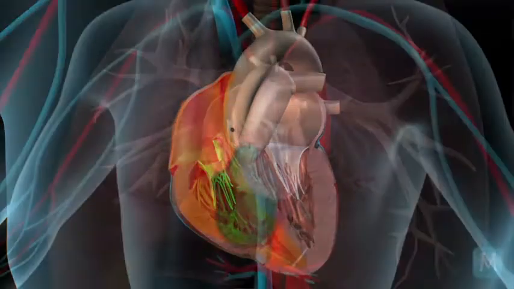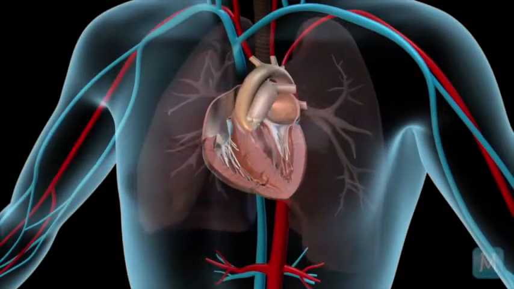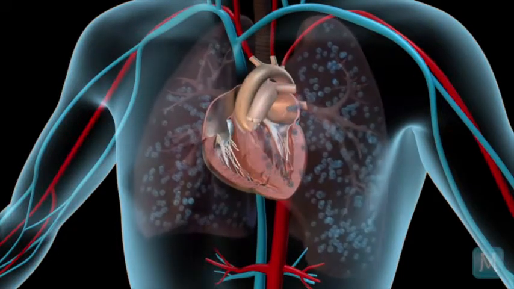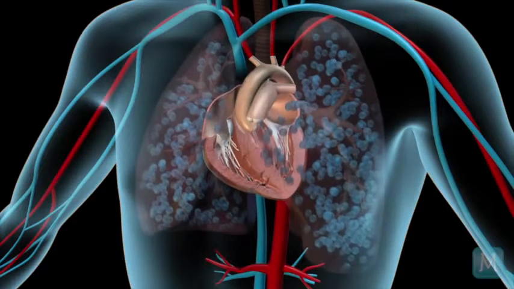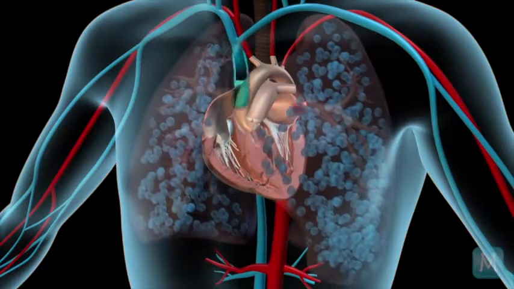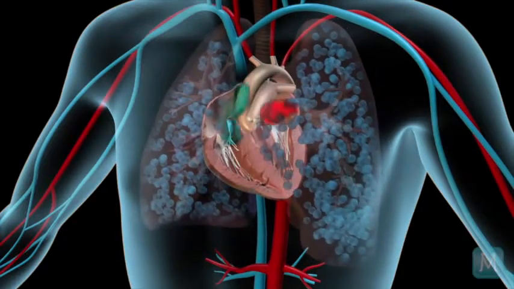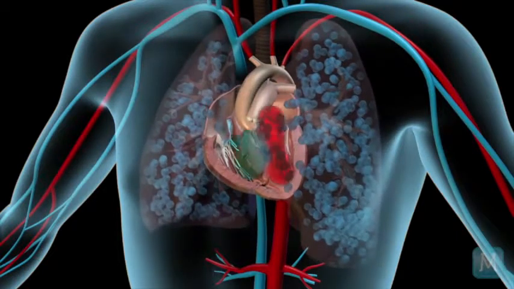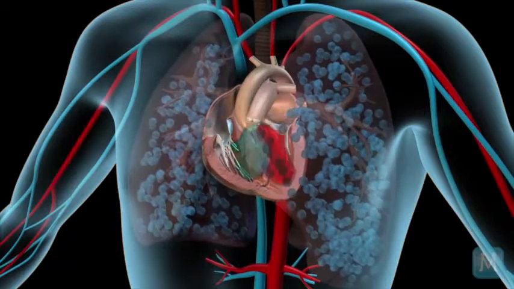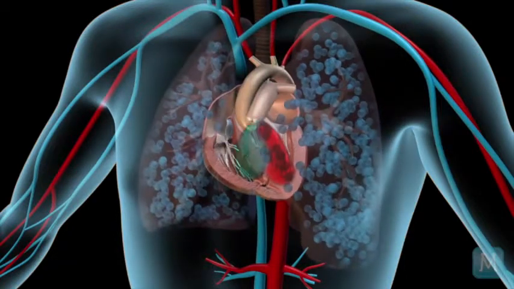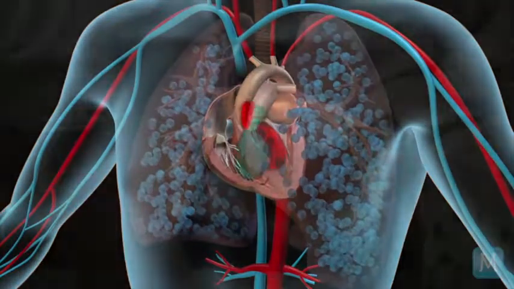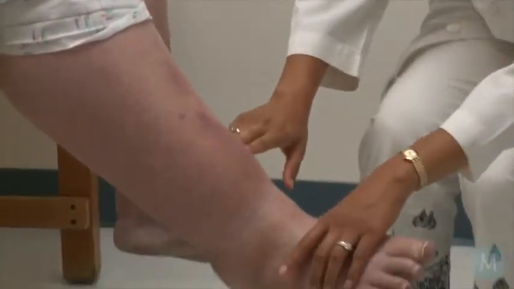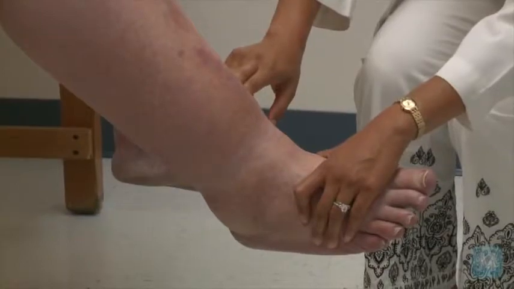When the left side of the heart fails and doesn't pump the blood adequately, the blood can then back up and cause an increase in pressure in the lungs. The purpose of the right side of the heart is to pump the blood into the lungs. So now the pressure is higher and the right ventricle is not able to pump the blood forward into the lungs as efficiently, and as a consequence it can back up further and cause fluid retention that we might see as evidenced by swelling of the abdomen or swelling of the feet and legs.